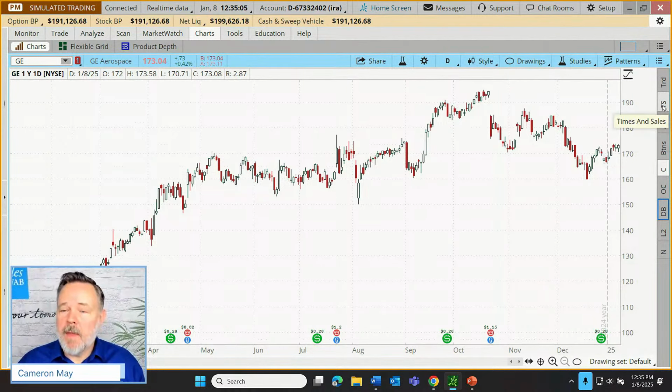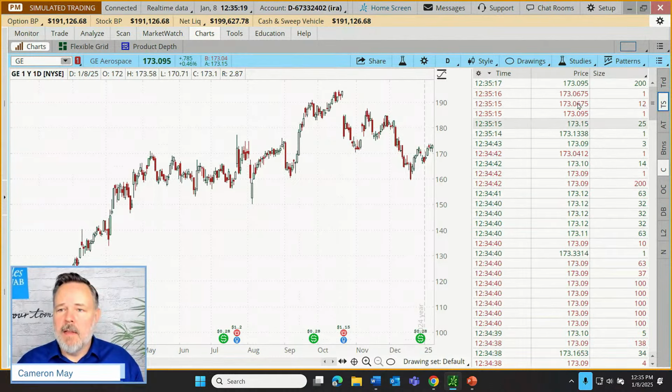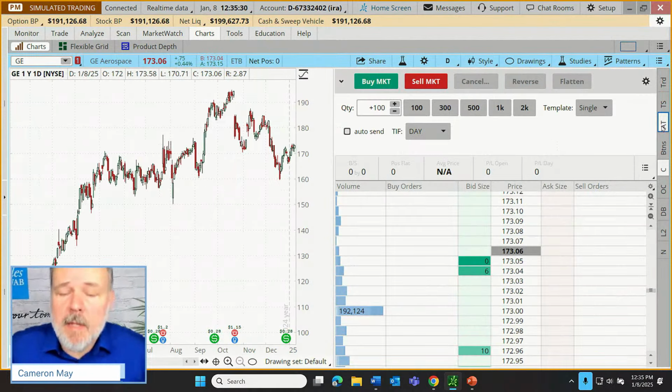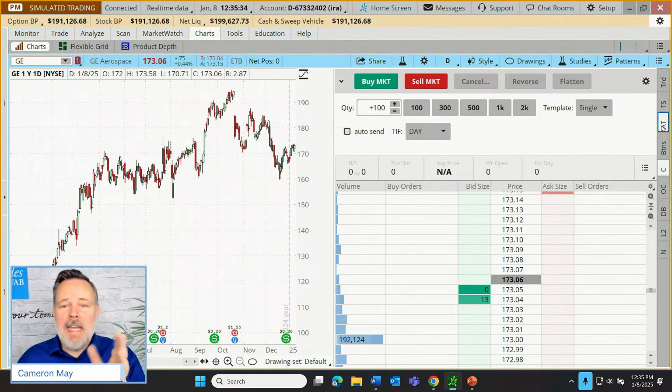Next up, we have something called the time and sales. This is sort of a tick-by-tick report of the trade activity for your stock that you're charting. So we can click on that, and we can see, literally, tick by tick, minute by minute. You can see this is down to the second. This is giving us the price and the size of each trade. So for those of you who like to track that, that's how that's accessed. Our active trader is a tool that very much is designed what its title suggests. It's for those that are a little bit more active.